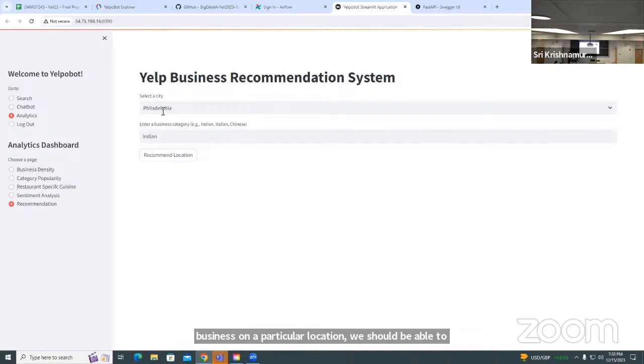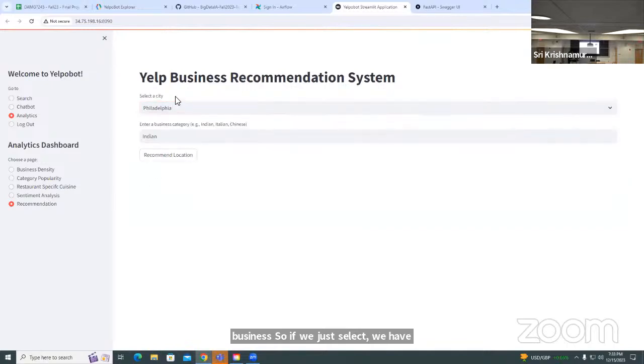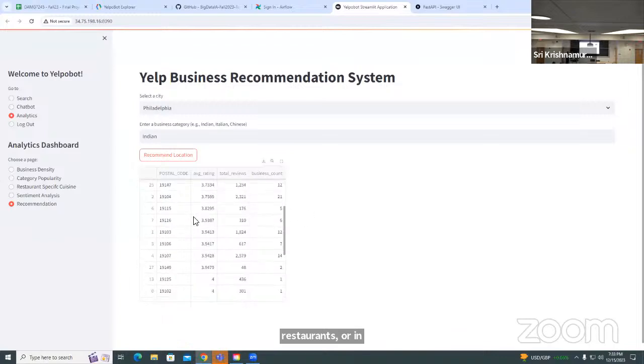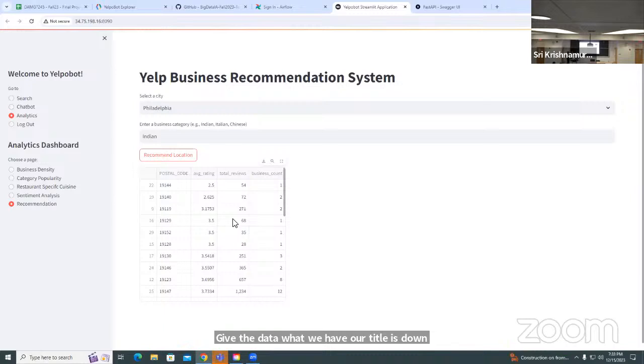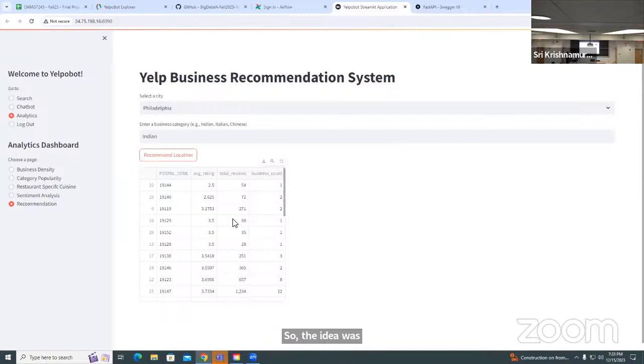business. If we just select, we have here a drop-down list of all the cities. The user can select a particular city and the business category he wants to know the recommendation for. Here we have just entered Indian restaurants or Indian cuisines. The data we have listed is based on the postal codes. We have come up with the average rating, the total reviews, and the number of business counts in that area. So the idea was to show the user which postal codes have ratings that are very low,